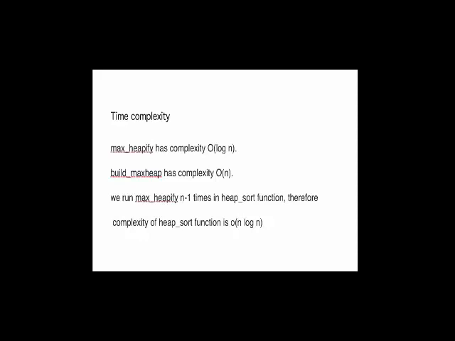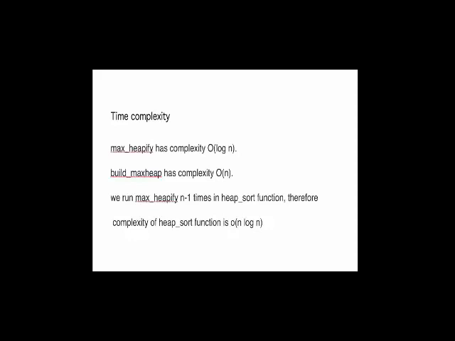And the next function we are using is build max heap. It has to insert all the n elements into the heap, so it has the time complexity of order of n. And we have to run the max heapify function for n minus 1 times using a for loop in the heap sort function.